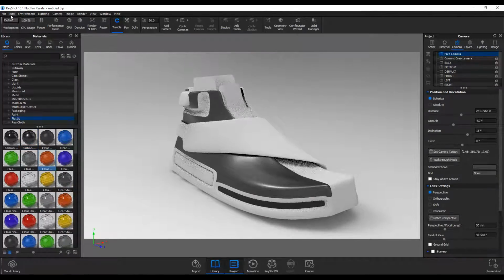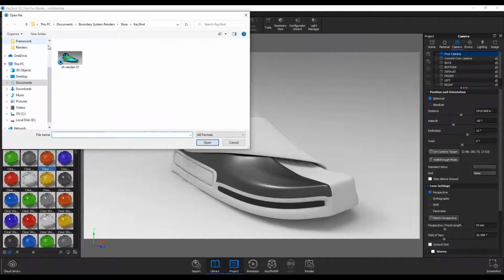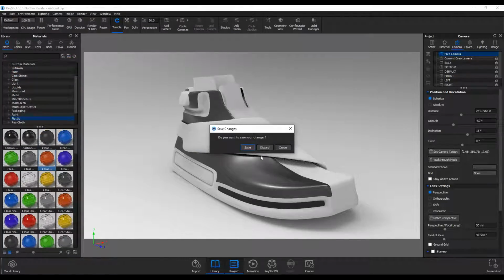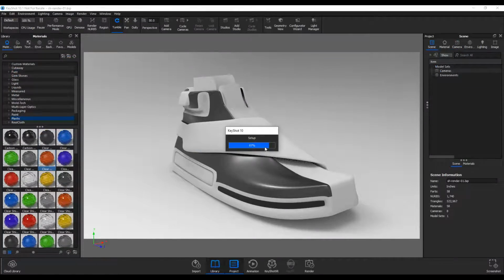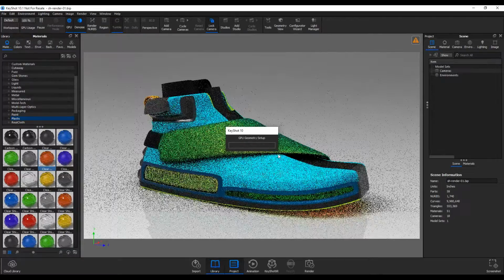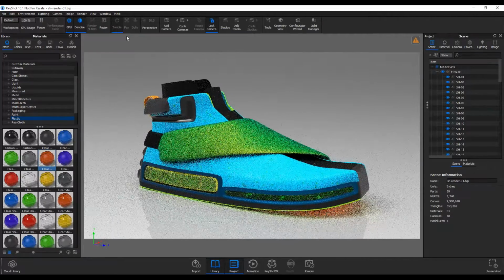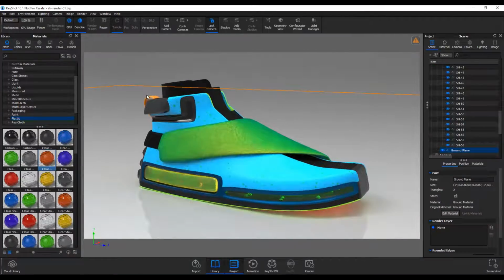All right. And then if I go here, let's go to open. All right, we can see that we already have one completed for us. Let's go to open. Discard that guy. All right. And you can see it's going to take a little while to render,